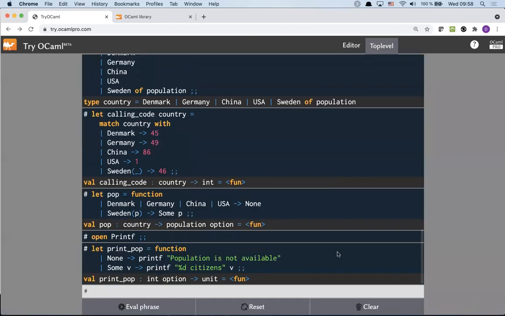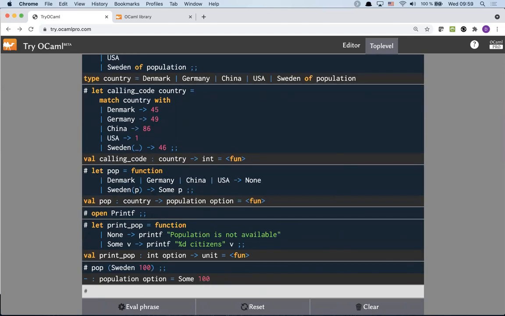Right. So if we then write population, and we got this to Sweden here, say Sweden 100, and then we do print pop,